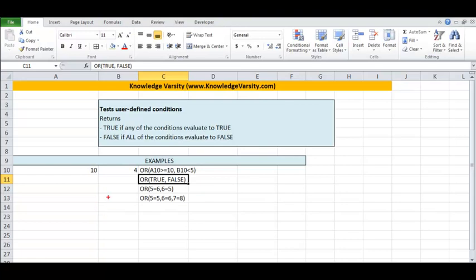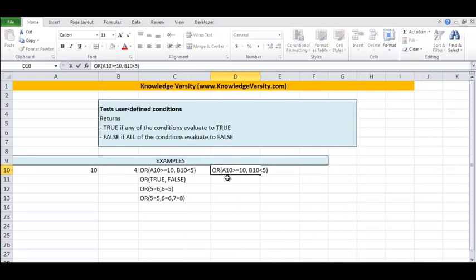Let's see how we can implement this in Excel. In this example, A10 has a value of 10 and B10 has a value of 4. The formula that we have written takes expressions which have to be logical. The logical expression here is A10 greater than or equal to 10. This is logical, so its output will be either true or false. Since A10 is 10, which matches this condition, the output is true. B10 is 4, and the condition we have put is B10 less than 5, which is again true. So this is true or true and our outcome should be true. Please note that we have to put equals here. See, the outcome comes as true.